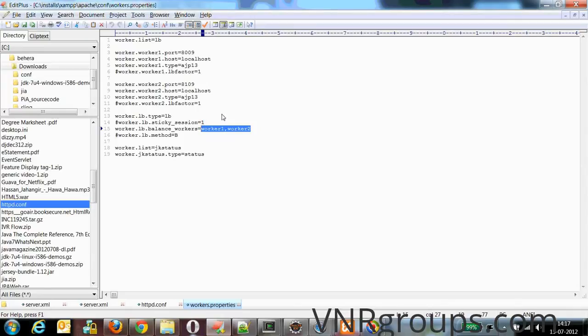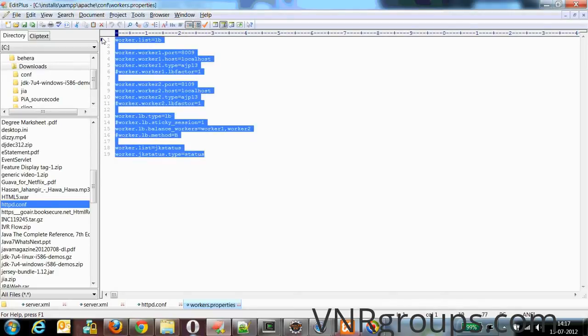That means if I have a worker3 configuration and I do not mention it, only worker1 and worker2 will be added to the load balancer. So these are the basic entries of your workers properties.